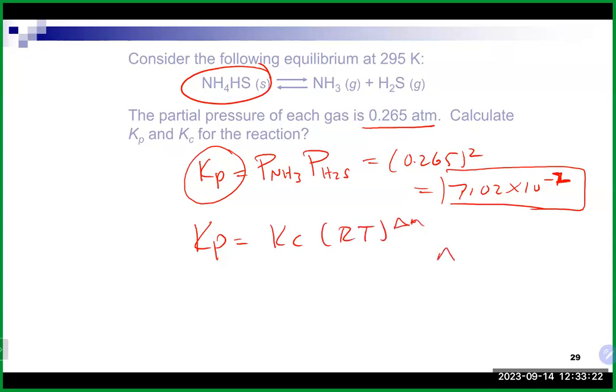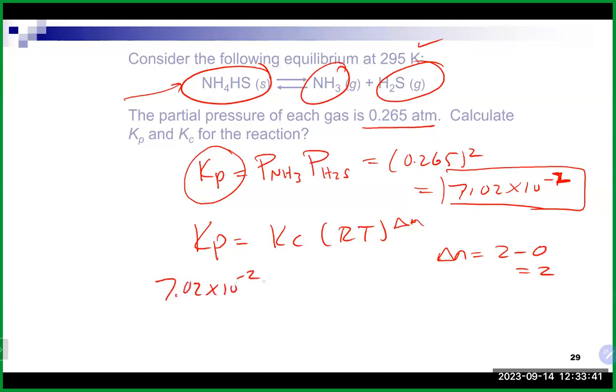So delta n in this case is going to be our products, which is 2 minus 0, right? As we have two gases on the product side and no gases on the reactant side. Our temperature is already in Kelvin, so that's nice. So we're good to go on that. So in this case, we have 7.02 times 10 to the minus 2 is equal to our KC, which is what we're looking for,